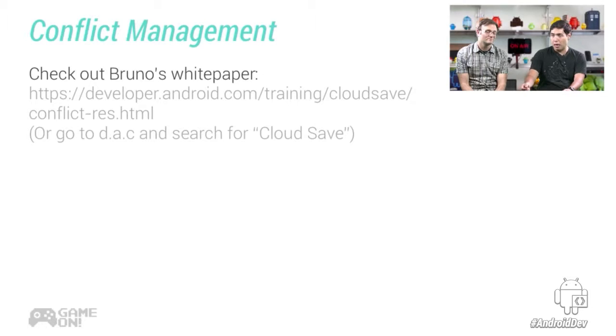And then on my phone, I upgrade the same character to level 4 without syncing up the changes. What's going to happen is what's called a Cloud Save conflict. So you need to think about those Cloud Save conflicts and then handle them in a way that makes sense for your app. So if you want to take a look, that link over there is a link